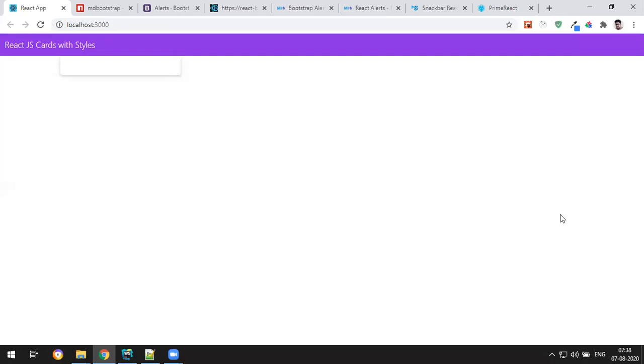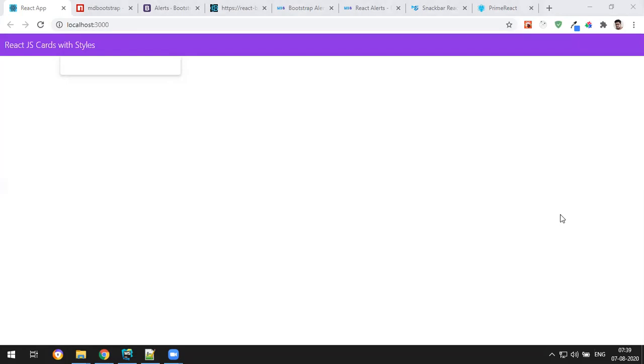Best way, CDN or NPM, which is faster? You can give CDN or NPM. Prasanabha asked a question here. CDN you can give, but if you give CDN, every time you have to check for the updated version.